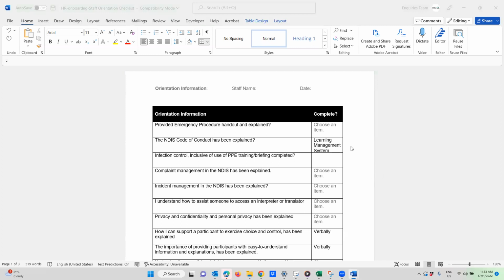Any other questions? I'm going to send you those checklists, by the way. Use them as they are or make them really fancy. Just a couple of other questions. How often should infection control be done? It must be done annually. It has to have a refresher. Thanks, Quinn. Yeah, that is one of the ones that has to be done annually.